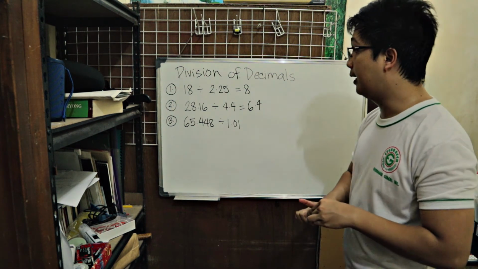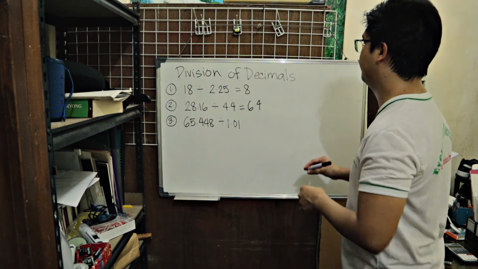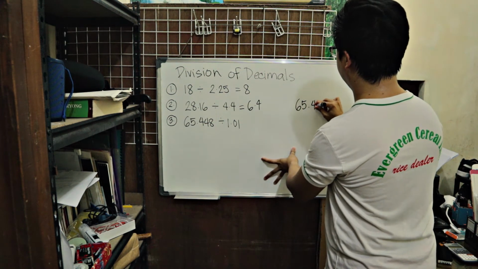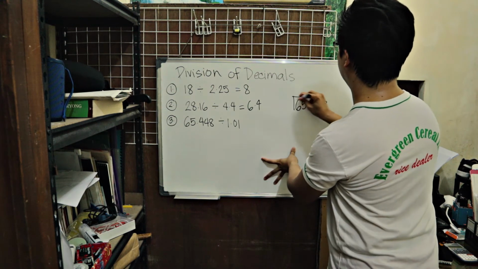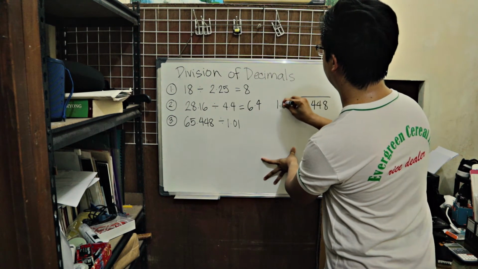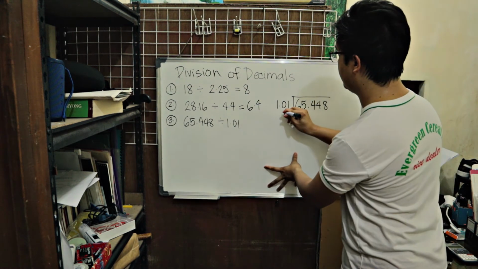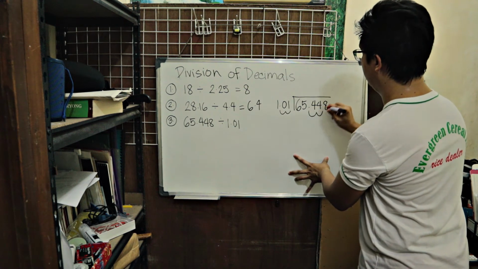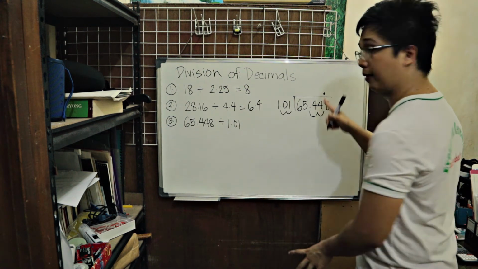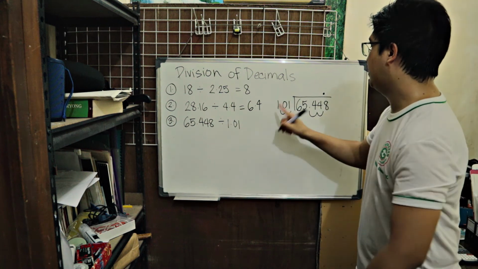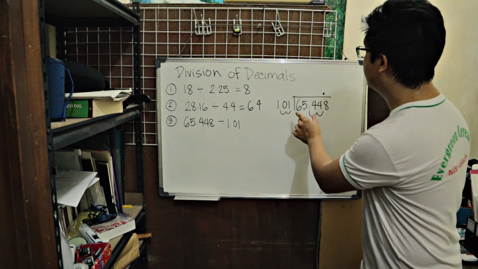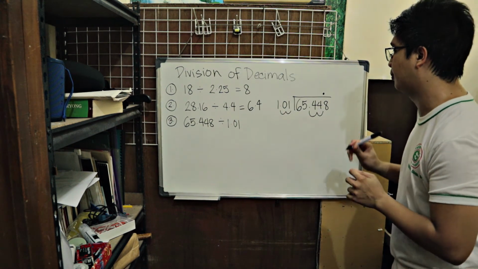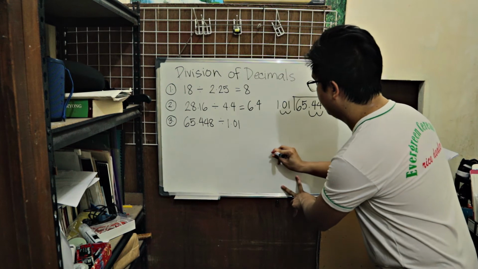65.448 divided by 1.01. So we have 65.448 divided by 1.01. We count how many decimal places. 1, 2. We move that many decimal places. 1, 2. The decimal point is now over here. Okay, 65 divided by 101 cannot be, but 654 is greater than 101. So, try natin 101